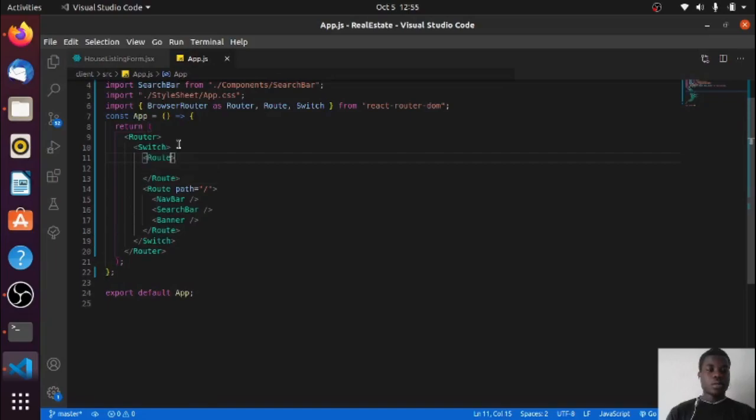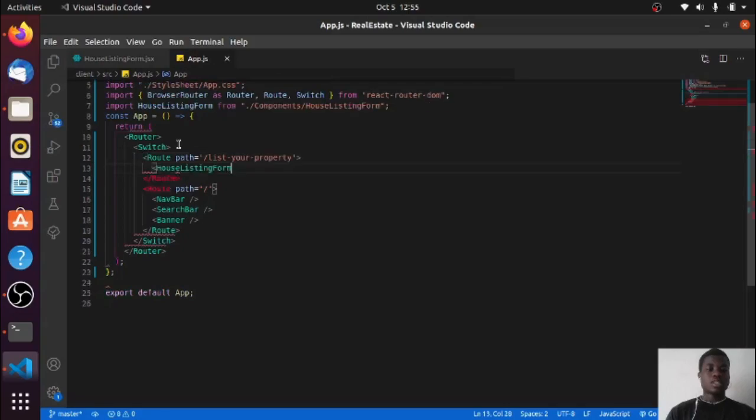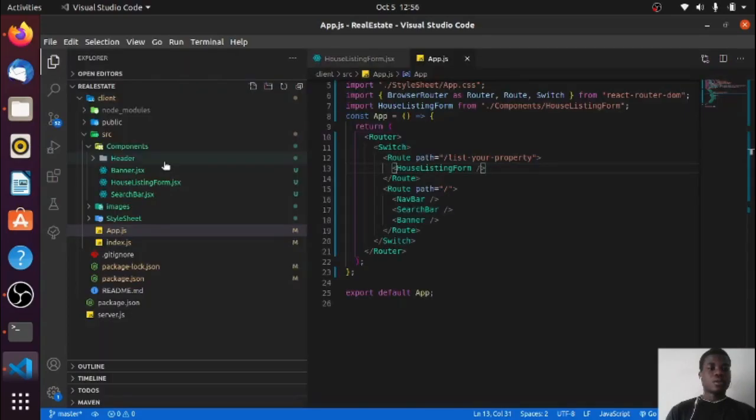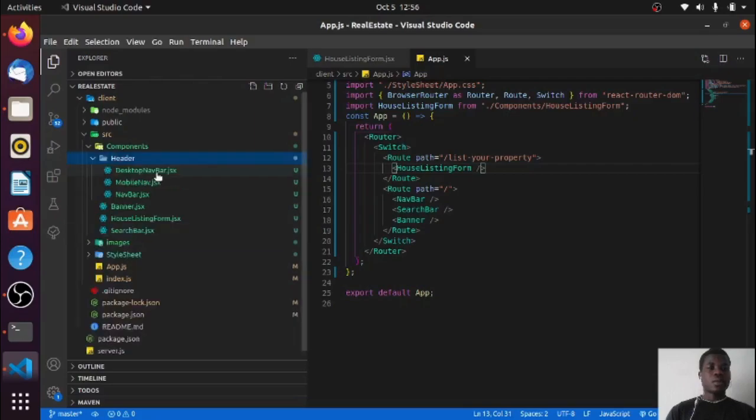We'll say path, and then we'll say /list-your-property. Right, and then here we'll have that component, house listing form. But now we want to go to the nav bar so that we can have that link to this route. Let's copy this,